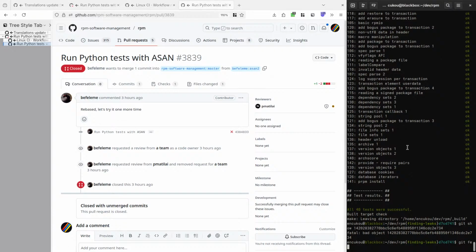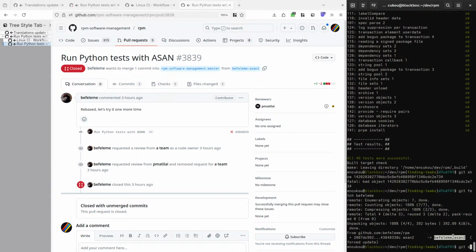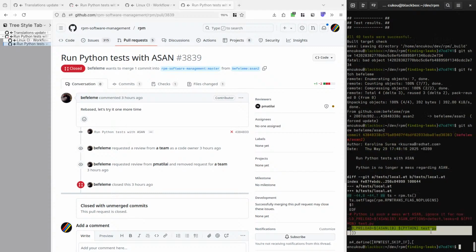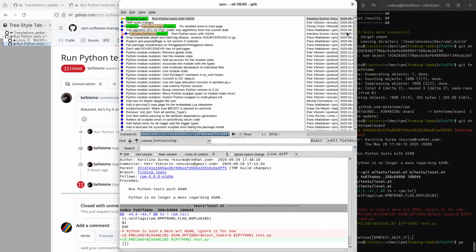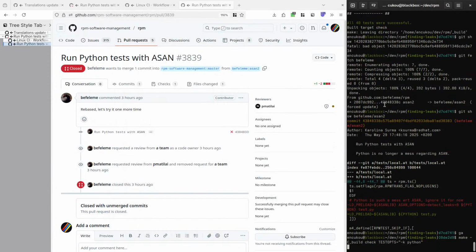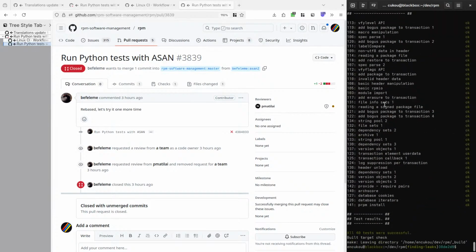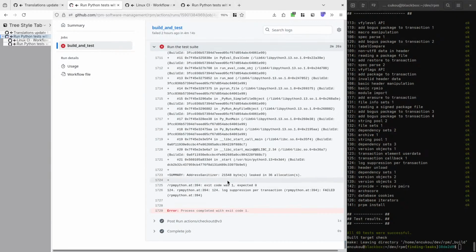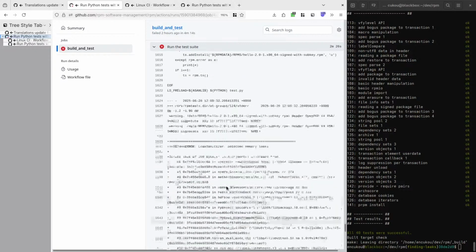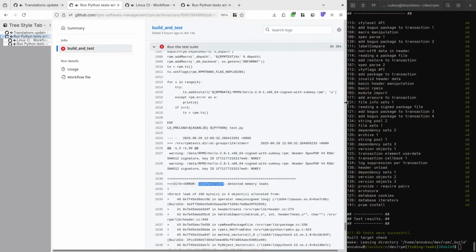Okay, so I'll pick that one as well. I must have a different sanitizer. So this is GCC, right?